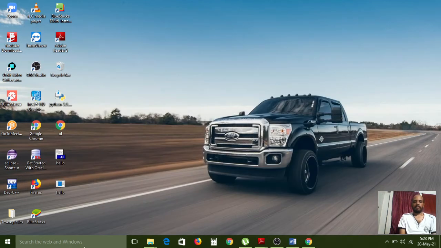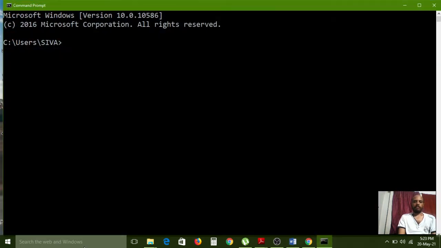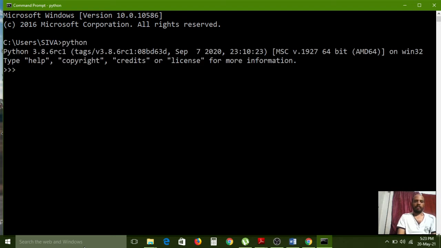For that I am opening the command prompt to show the practical. Python I am connecting. So I am creating a fruits tuple. Apple, banana, kiwi, oranges, grapes.